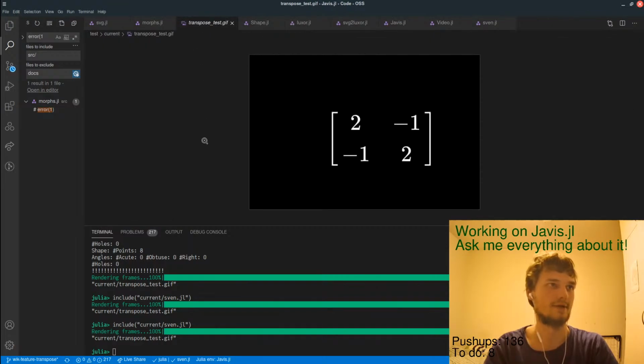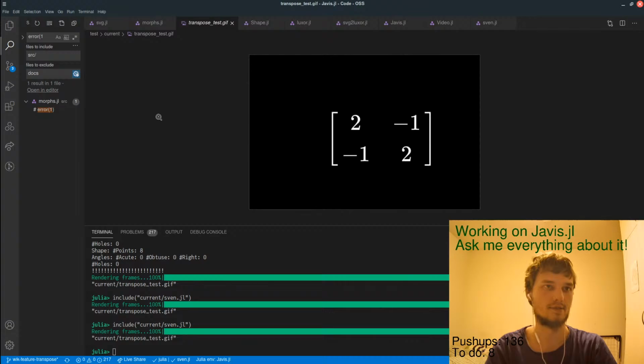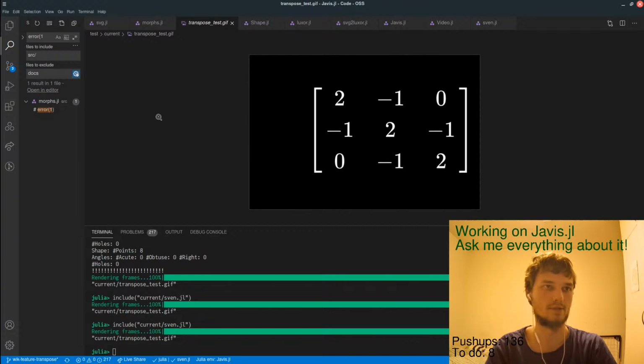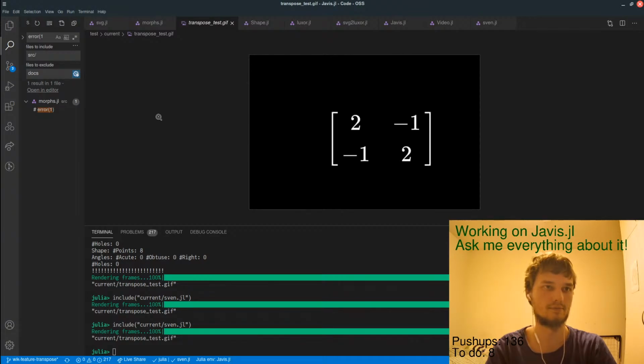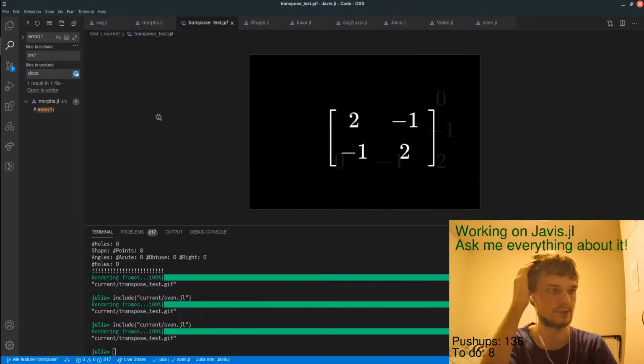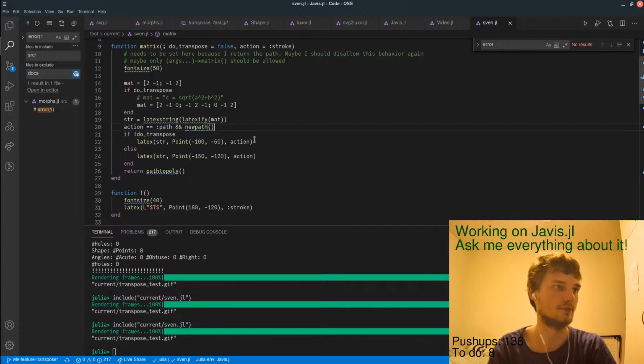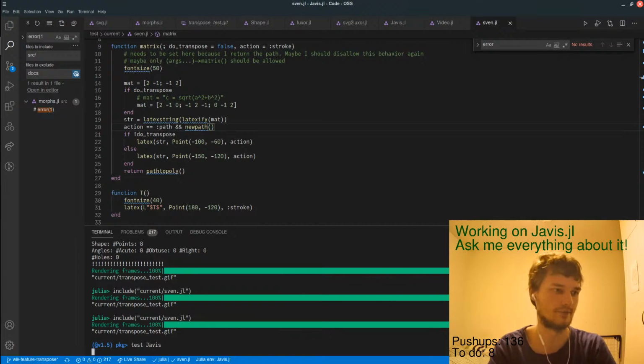Let's see whether that works. That looks quite good to me. All right, I'm happy with that. We don't have any outputs anymore. Can we run the tests maybe? Probably.